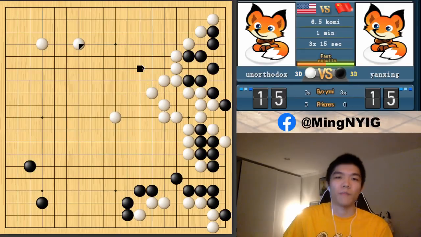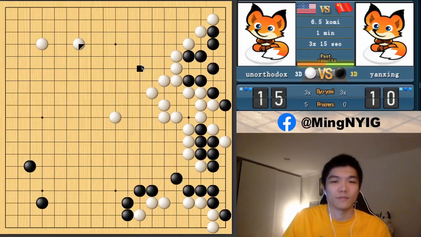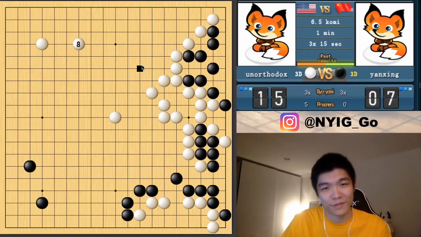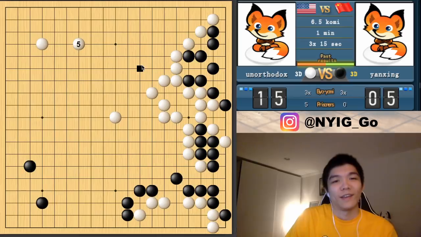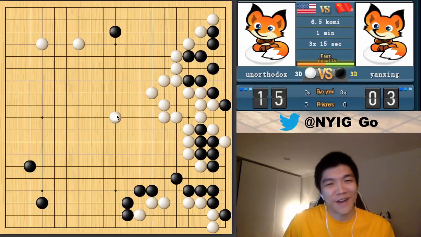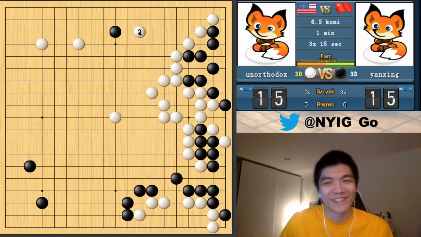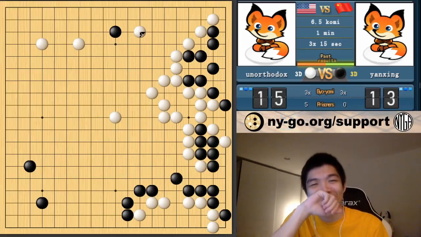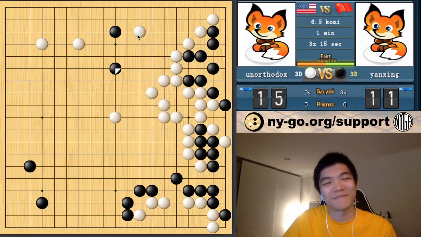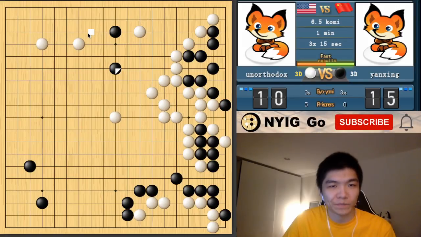I get a very, very big moyo on top, and black has very little territory right now. So yeah, the only imperfection is my Tengen stone. It's too close to the wall, but that's no big deal, obviously. So with this type of invasion,